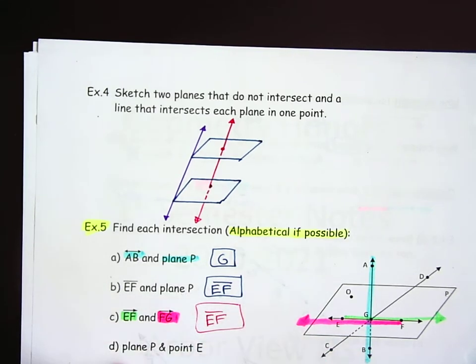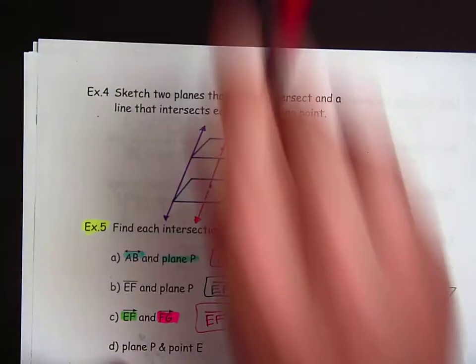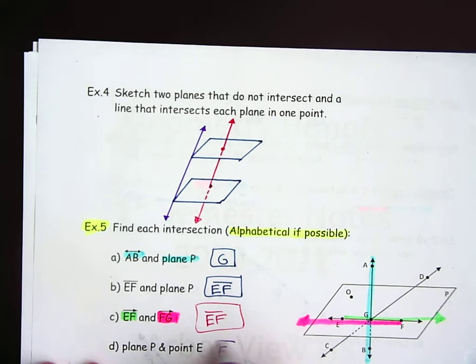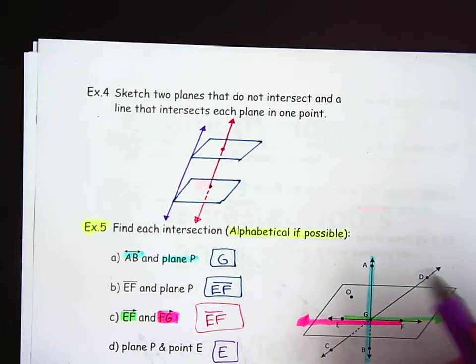Alphabetical order, be careful. Plane P and point E. Where does plane P intersect point E? At point E. Point E is on the plane, it's sitting right there. Now, this gets a little bit trickier here. Plane P and plane BFG. So BFG,